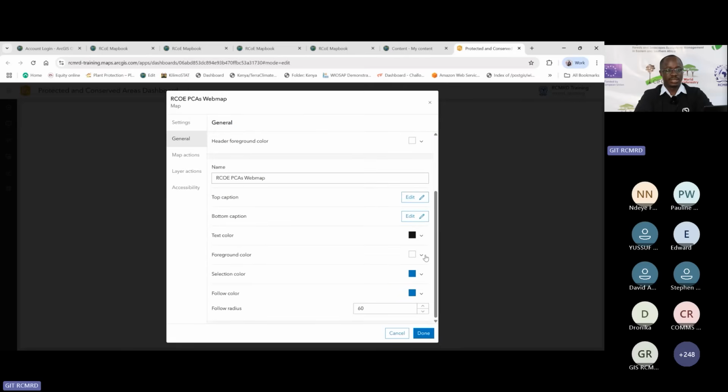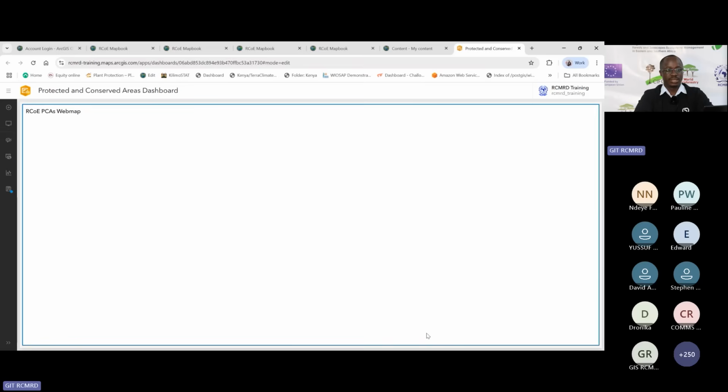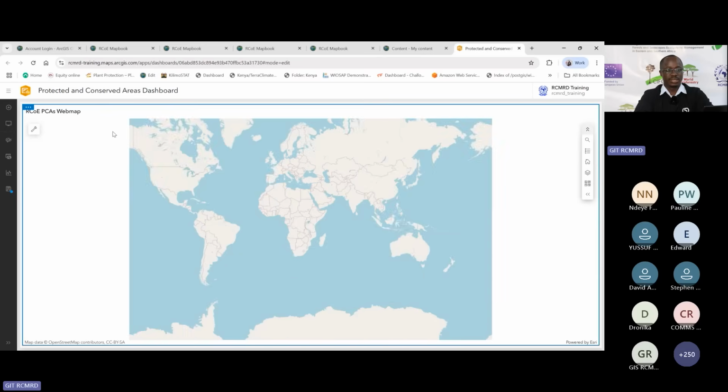So the rest can be changed depending on what you want to achieve. The text color, you can set it to a different color. The foreground color, this is the background. You can change it to a specific color. Then the rest can be left at default. So once I'm done adding my map, I'll click on done. So I'll have my web map added here with all the features that were